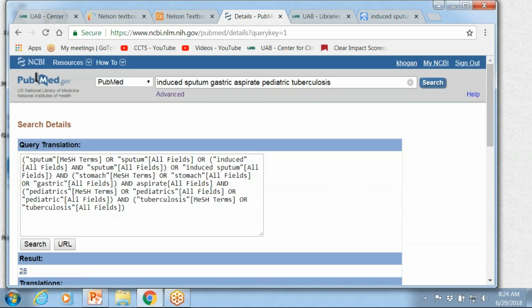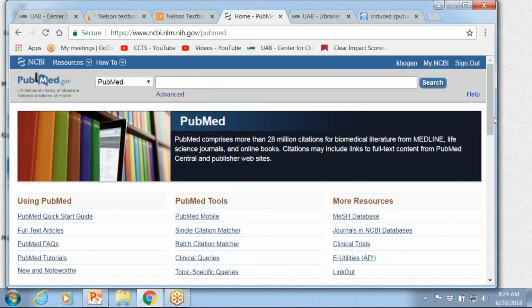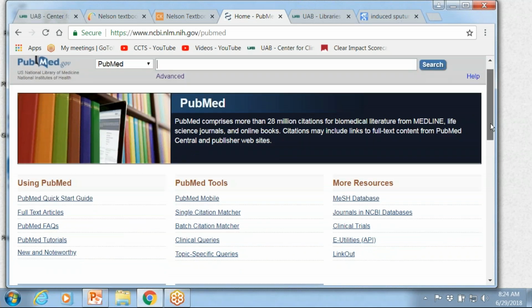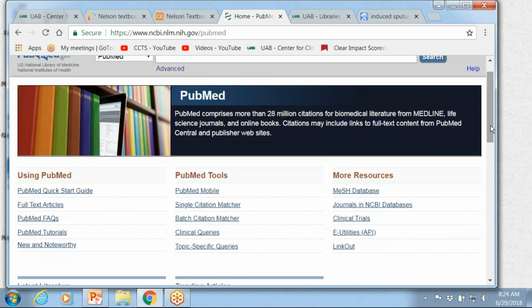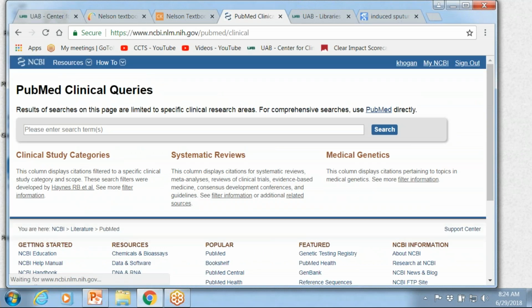I can also take that same search and use a nice little tool in PubMed called Clinical Queries, which is really useful to find evidence-based literature. That's under the central column here in PubMed Tools on the home page of PubMed. If I click on Clinical Queries, it pops up this other little search box.